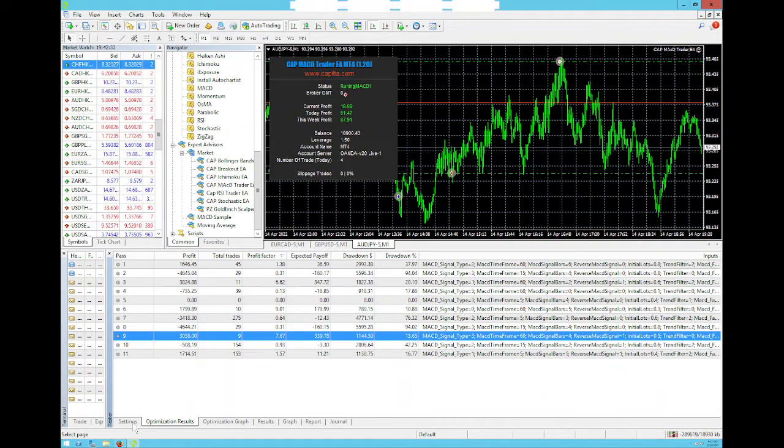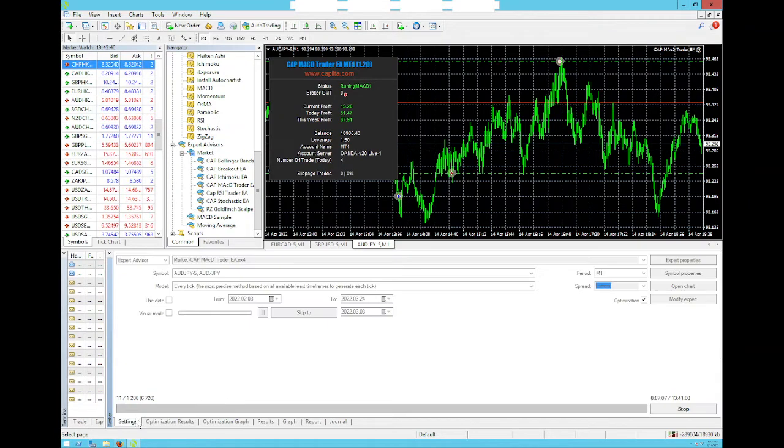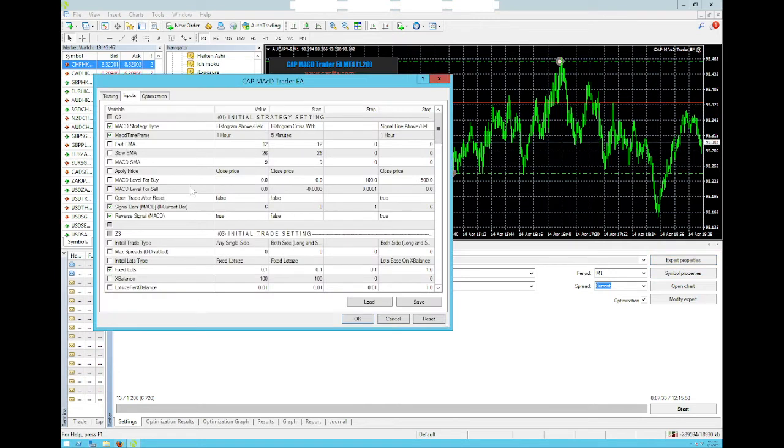All right. So once you have your settings that you're comfortable with, just right click and click on set input parameters, and it'll automatically move it over to your expert properties. Okay. I'm going to go ahead and put a stop. So it'll set your signal bars. In this case, mine was 6. Reverse signal was true. It was on a 1 hour time frame. It was a histogram above or below